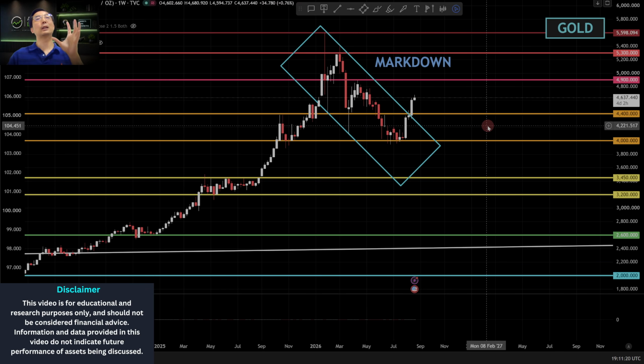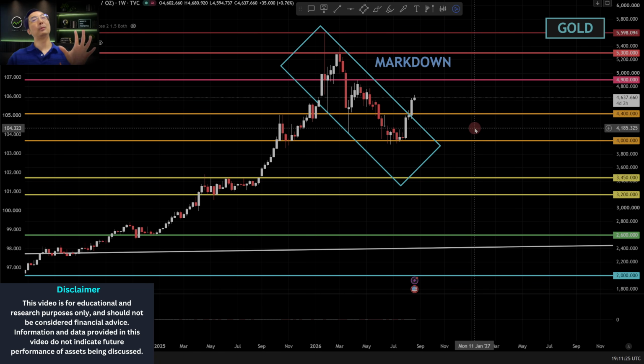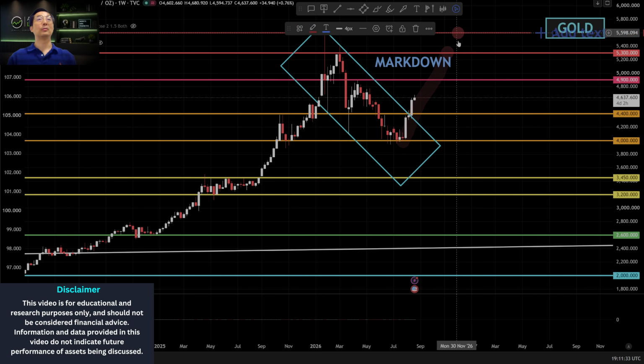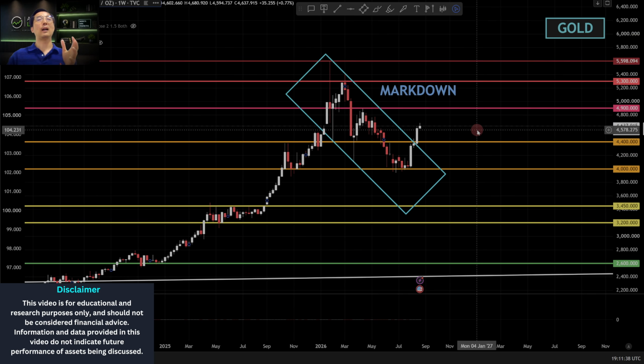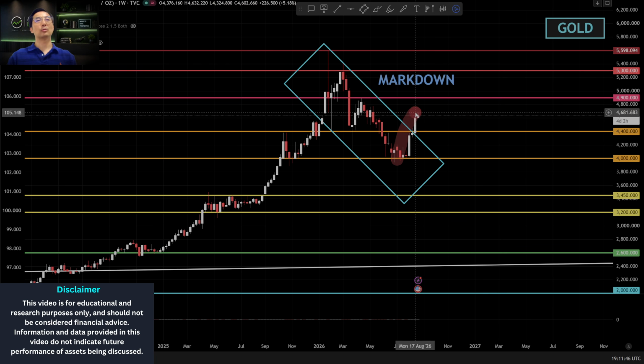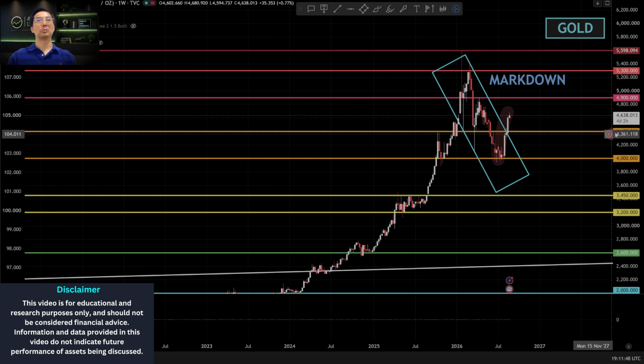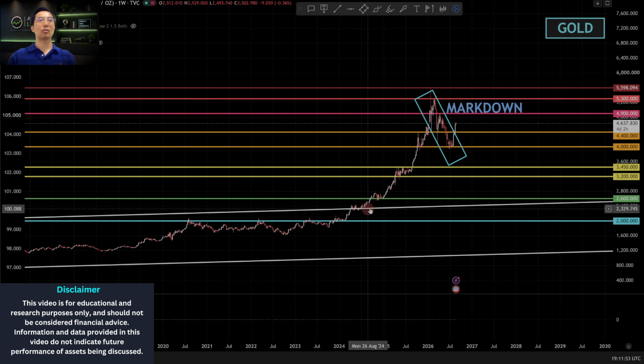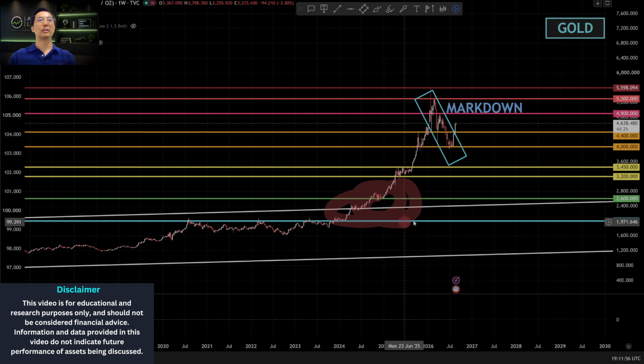So it is a tricky situation right now because there is a group of people expecting it's going to go back to retest the previous high of around 5,600. But the other half, or I don't know whether it's half or 40% or 30%, is a group of people saying it is just a bounce. It is going to come back down to lower levels, maybe as low as where it started to climb, somewhere around the range of